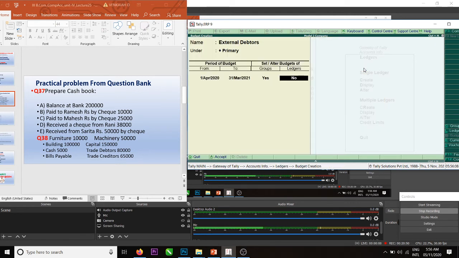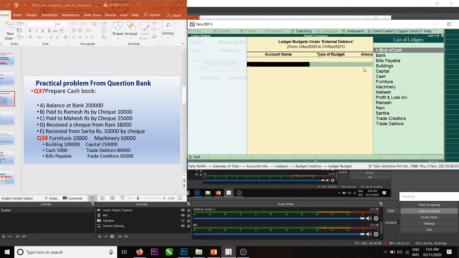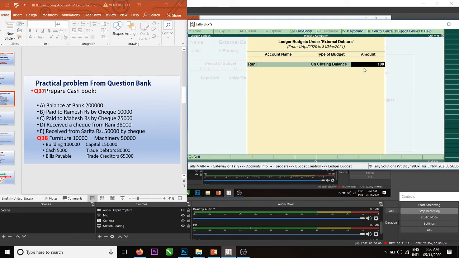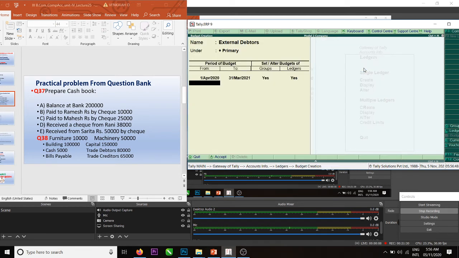That is the group. Then in that group, two debtors are there. I am limiting their sales. Amount will be, Mr. Ramesh, Ramesh is debtor. Rani, closing balance, I should not sell her more than 1 lakh. Sarita will be 4 lakhs. Budget was created.